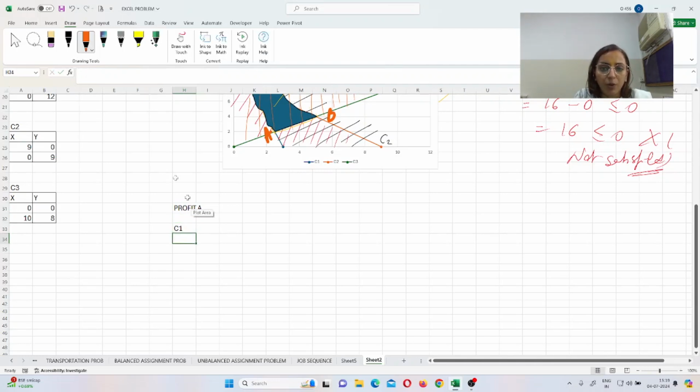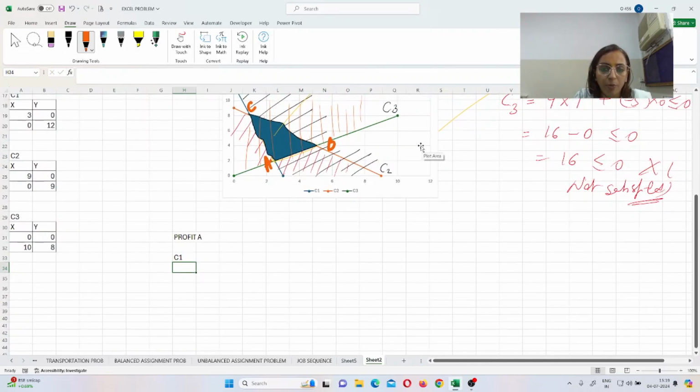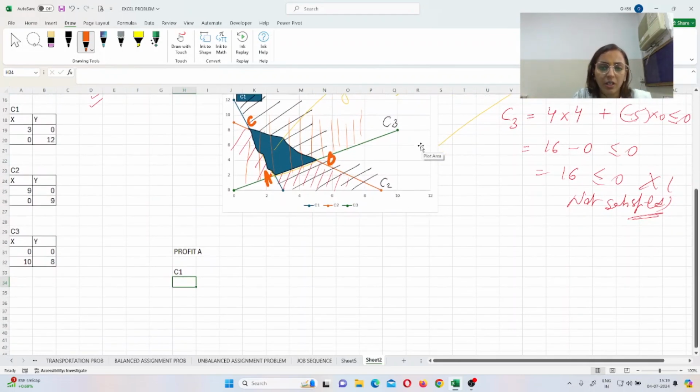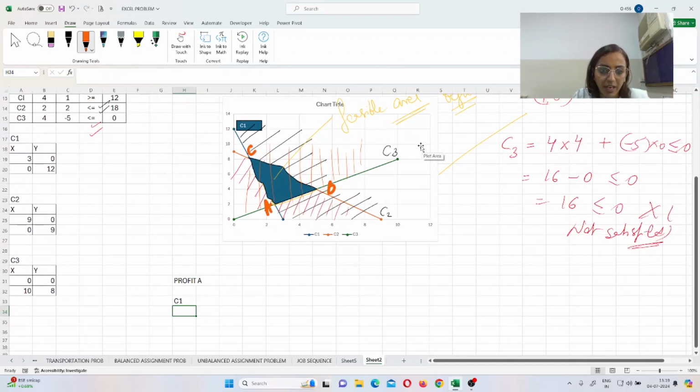If you are talking about A, the point A is passing through which two lines? A is passing through this line. So check it: point A is from C1, this one, and C3. So you write it as C1 and C3, right? Your green line is C3 and your orange line is C2.